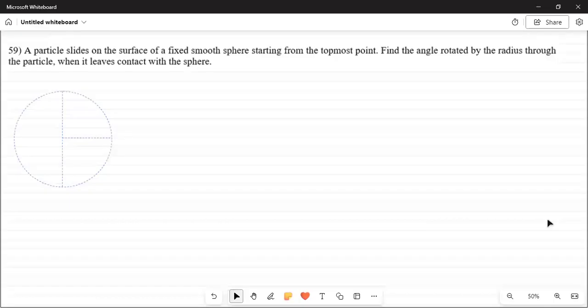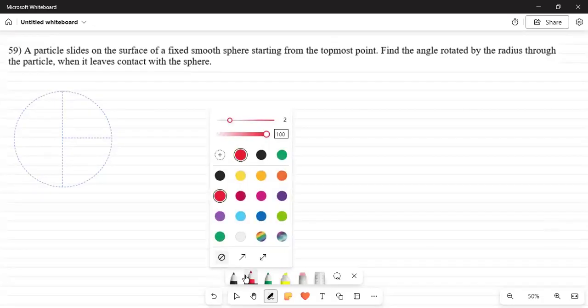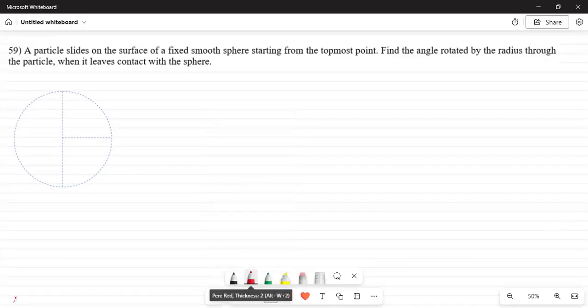Now we solve problem 59. It says that a particle slides on the surface of a fixed smooth sphere, right? So from the topmost point, that means there is a particle here and it starts sliding in this direction. Find the angle rotated by the radius